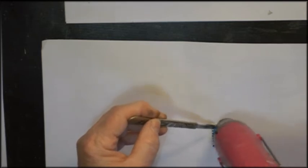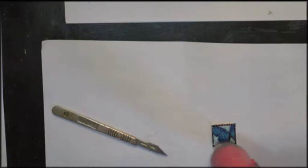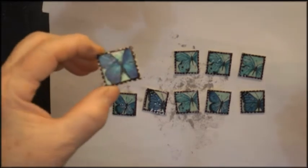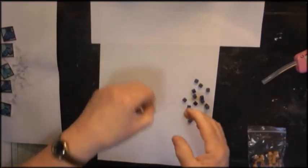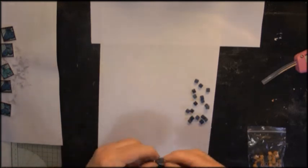I did put 2 coats on each one. I probably could have done with putting a third coat on, but anyway, that's how they turned out. My original fail, I used glossy accents, and I made a mess of that, but you'll see that in the Nina project. Then this is a piece of quite stiff wire, and I've got these little square cubic beads